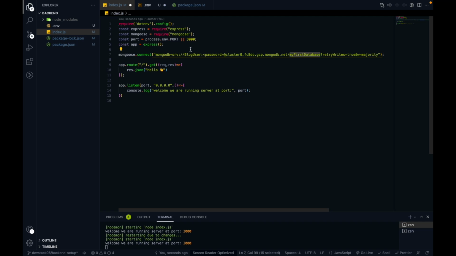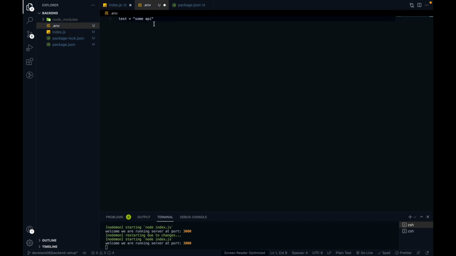So for the password, I'm not going to show you my exact password. Okay, so I will show you that here in the .env. First I have created a .env file, and in the .env file I'm going to put my password like this.